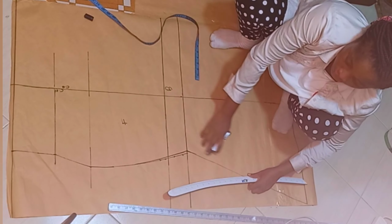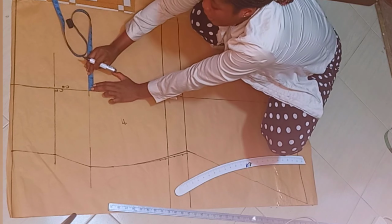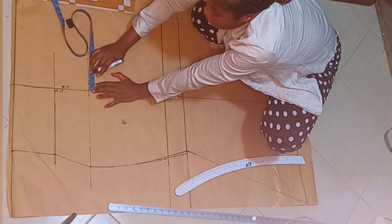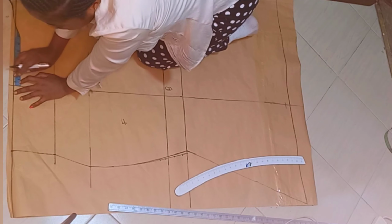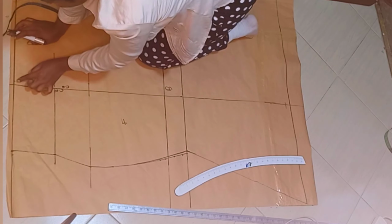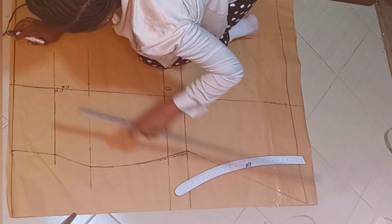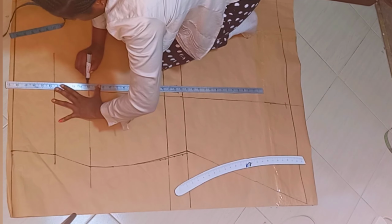Okay, so the next thing is to mark my zip allowance for my back. On the hip line I mark 1 inch, and on the waistline I'm marking half an inch, and then returning the half an inch to the side like that. Okay, so I'm going to blend this for the back. I'm going to blend my zip like so,